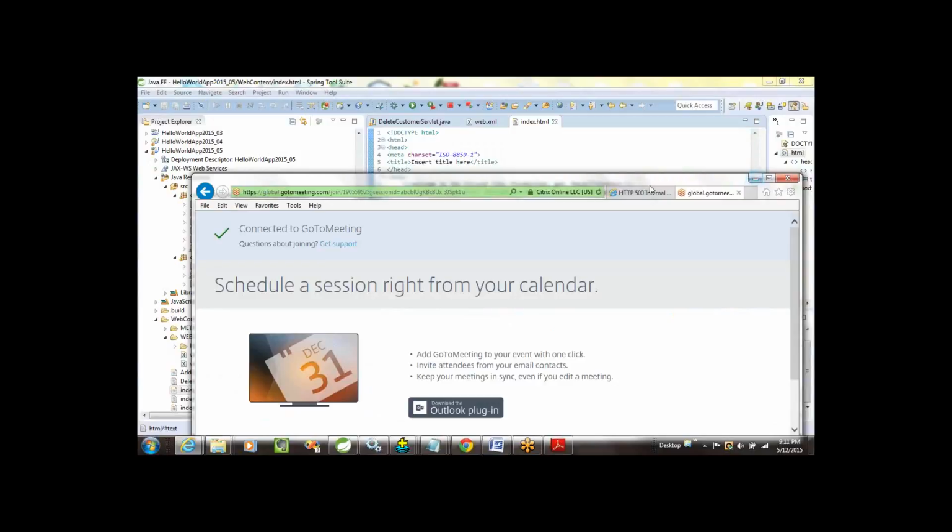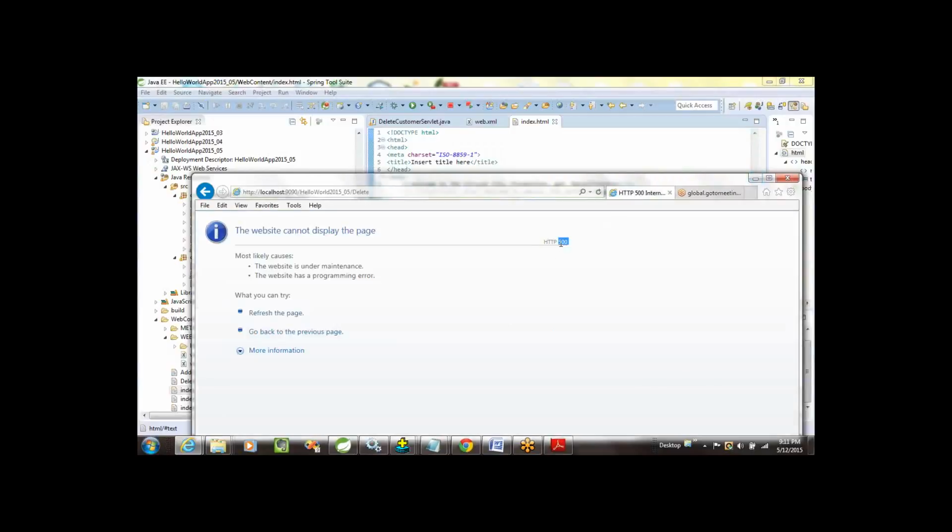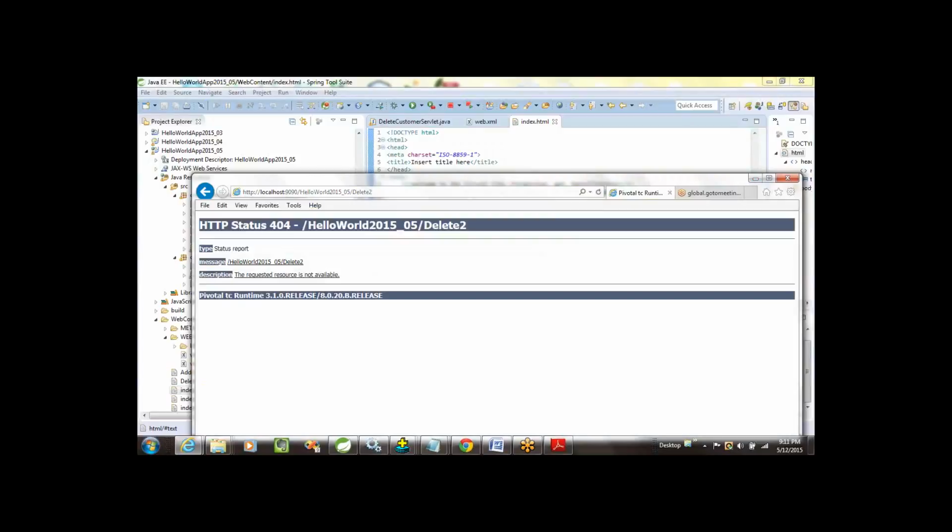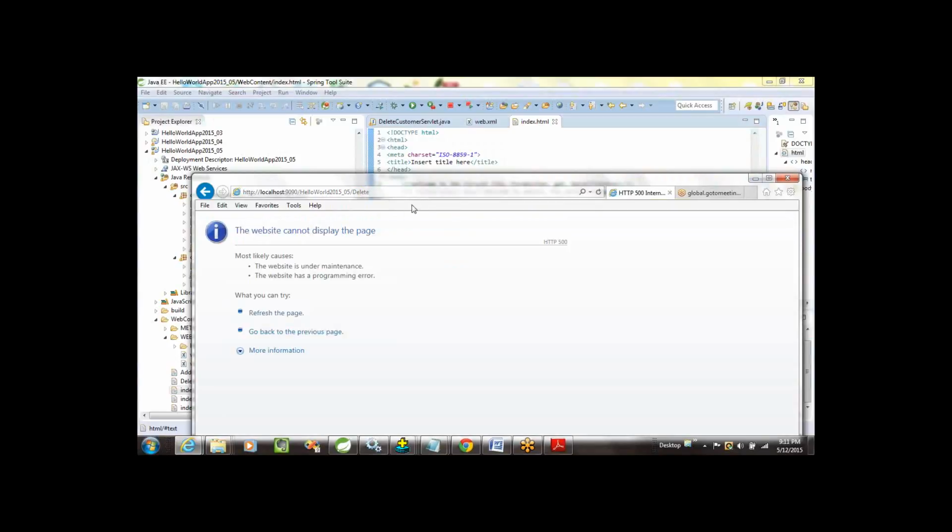Let me reiterate that. Getting HTTP 500 means internal server error, so it's not 404. You are saying that /delete gives me at least this one. No, this is horrible. 404 means, hey, I couldn't find what you mean by delete 2. But delete means it identified the appropriate servlet on the server side,